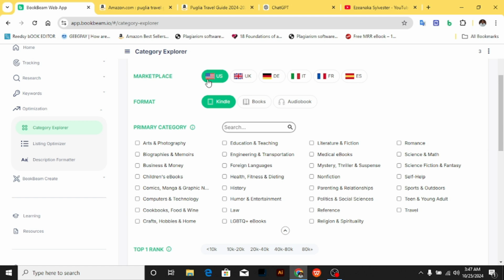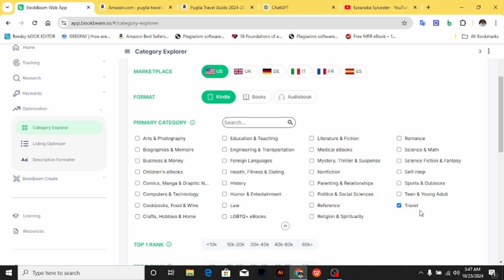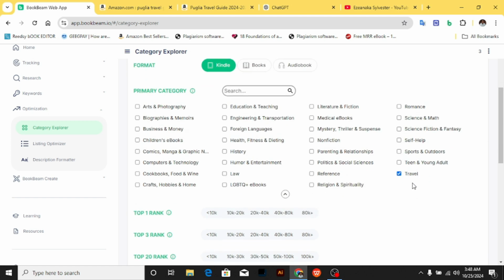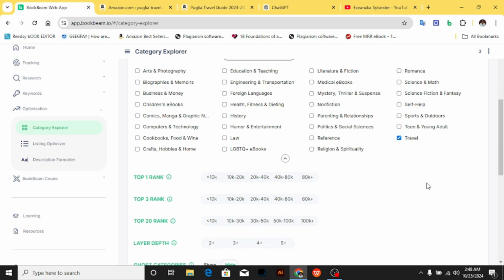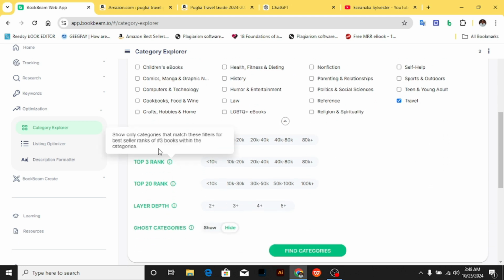Is it Europe travel guide? All they're giving us an option of doing is selecting travel. That's all the option we can select here. We can't go deep into this travel to know subcategories, to know more things we can select on that travel. And then they are telling us top rank, so obviously you want to select